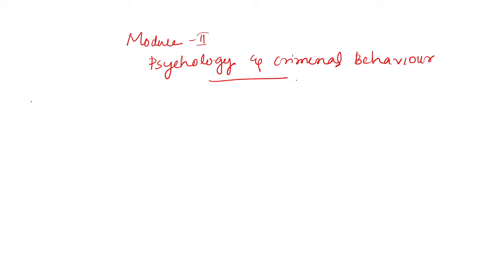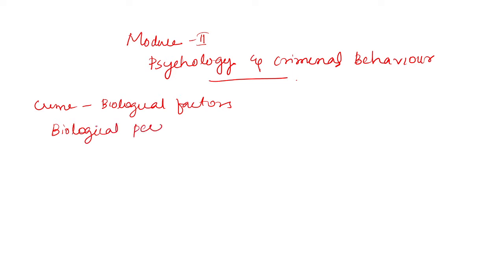So in this chapter we are going to deal with crime, its biological factors, then biological perspectives, that is the central nervous system, the structure and functions of the central nervous system, then the peripheral nervous system, then the endocrine system,